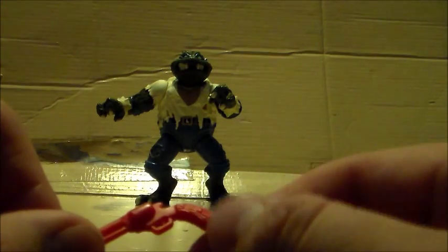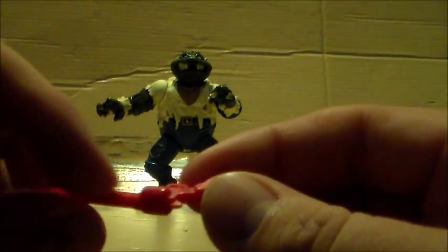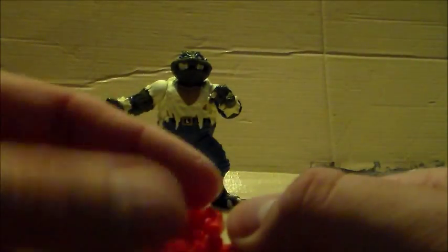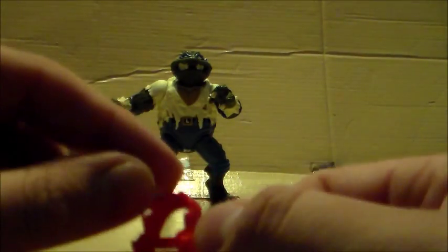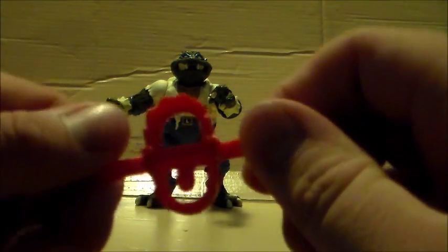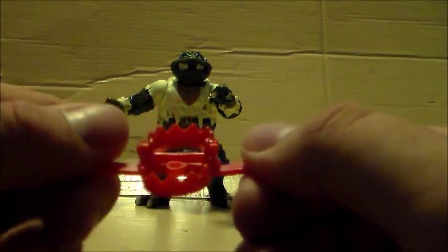It's got the little wood graining on there. Not a whole lot of detail on these things. And then the other cool one, he gets a bear trap with actual articulation. So, I thought that was pretty cool. Yeah, not a whole lot, but...